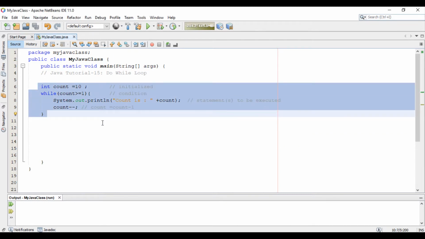First, I am copying this to convert it as do while loop.